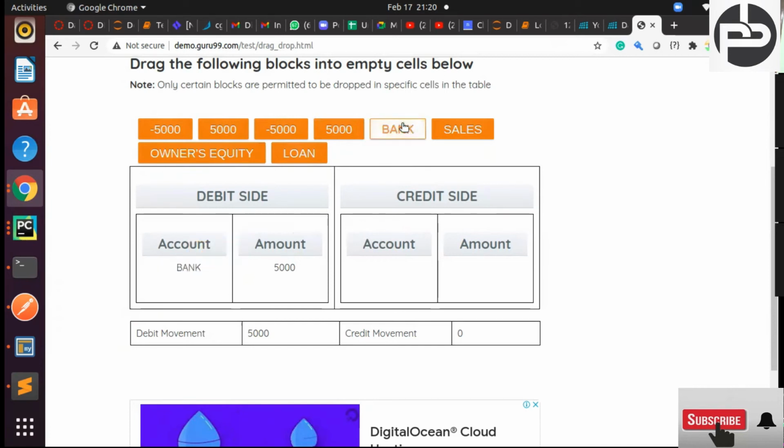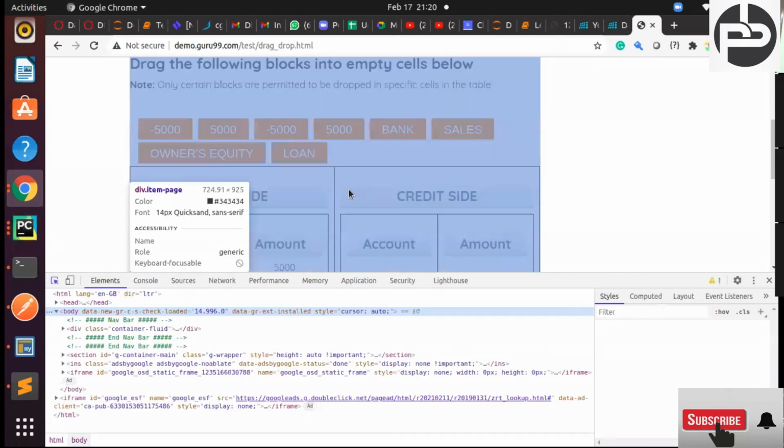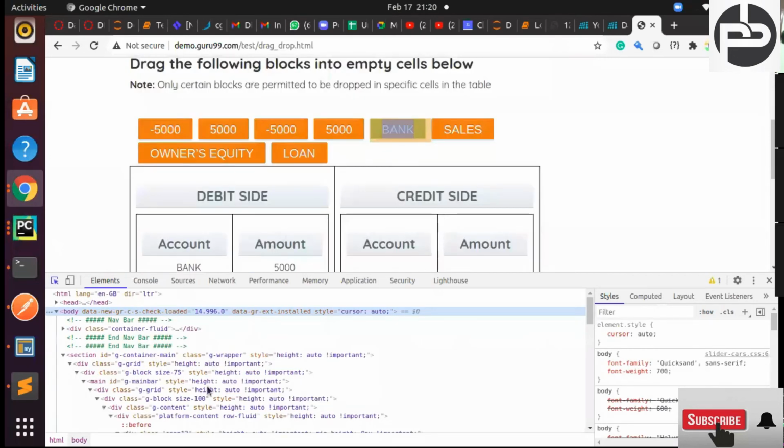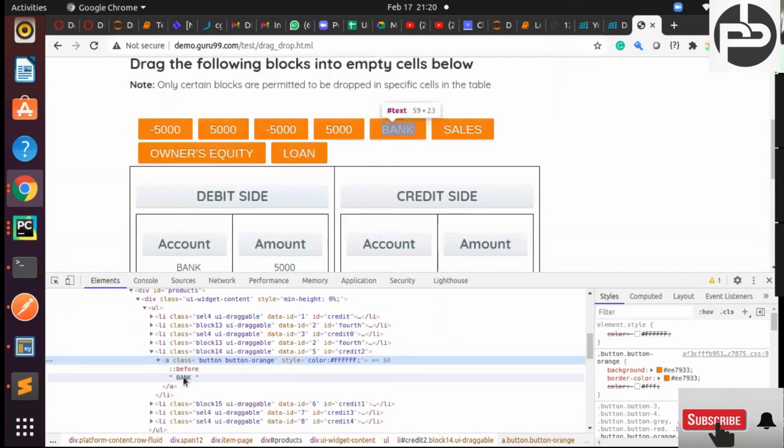So we will inspect this element. First thing, the bank source is this one, right? From here to there we have to pass. You can use the text function. Tell me the XPath for this bank.